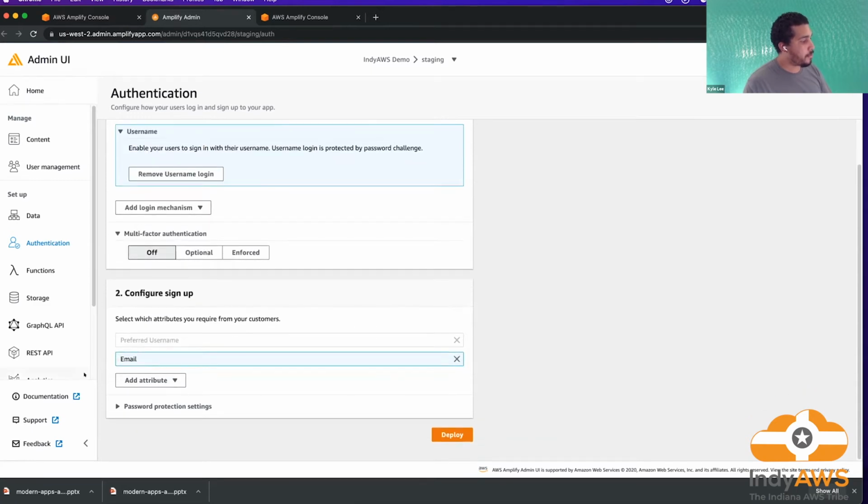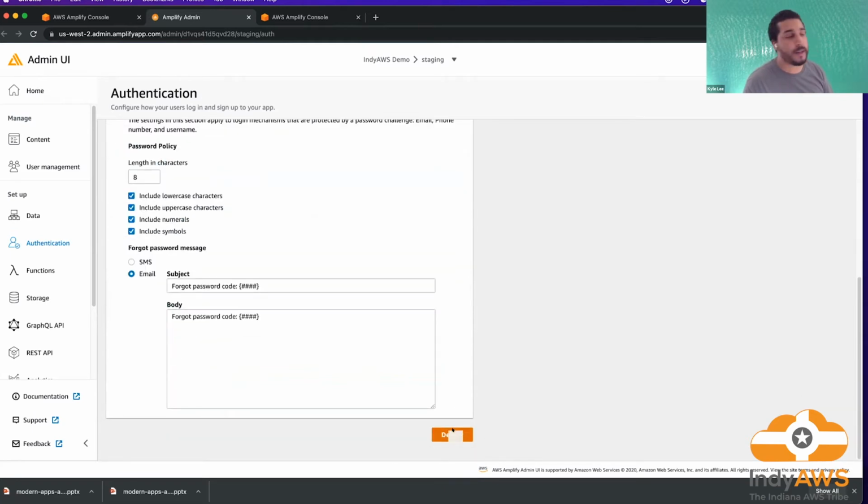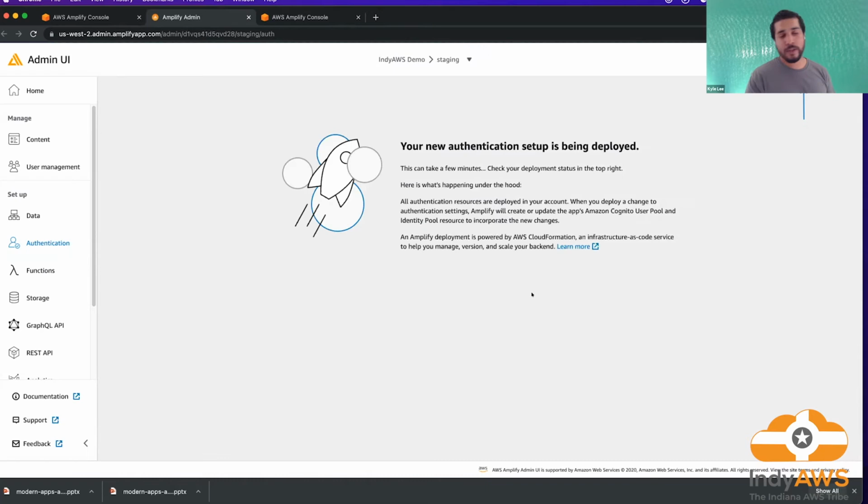And then what we would do is we can modify any of these, and then we could just simply hit deploy. Whenever you do a deployment, since it's going to be spinning up all the resources for you, it's going to take, I think authentication takes about 2 to 3 minutes. Depending on how complex your resources are, it could take a little bit longer, but it's going to set all that stuff up for you.